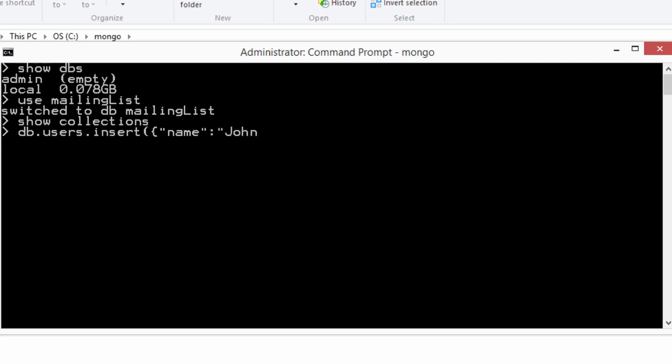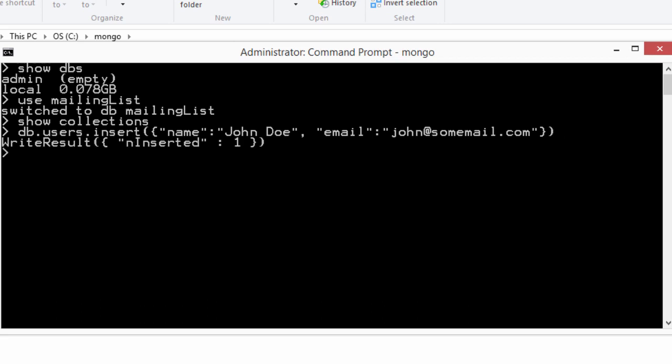Within the insert method, we'll provide a JavaScript object with two key value pairs, a name and email like so. When you press enter now, the users collection would be created with this document as its only content. Let's insert one more document like so.